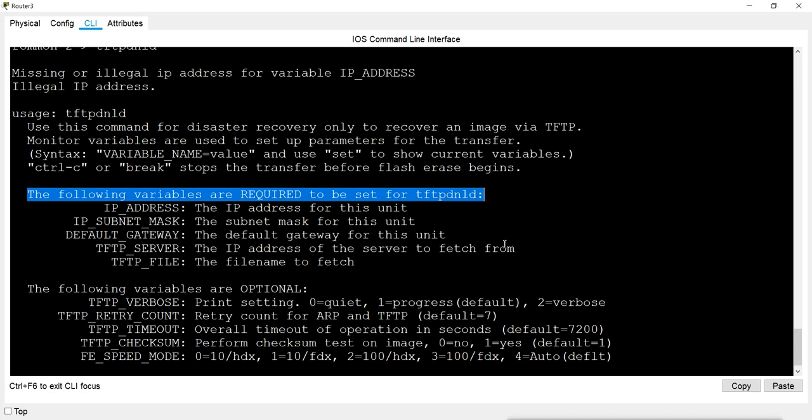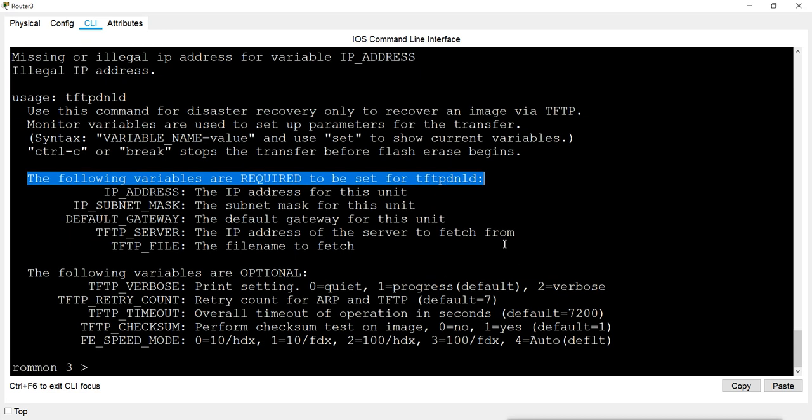These are the compulsory variables we have to configure first. The variable says IP address, that means your router must first have an IP address. Our router must need an IP address so that it can connect to any network.